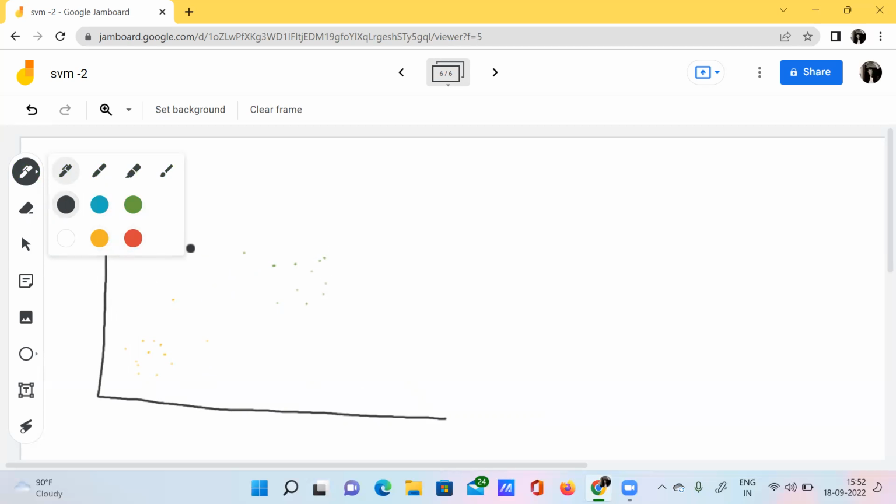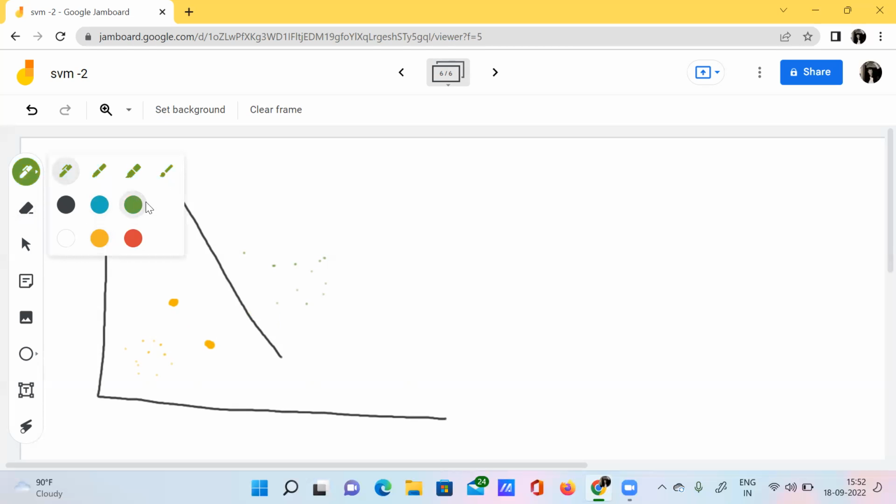See here, I'm just drawing a hyperplane to separate these data points, and I need to calculate each of the data points' distance to this particular hyperplane. So by that, I will calculate all the distances of each of those data points to this hyperplane. Then I finally found this particular data point here. See here, I'm just highlighting this, this particular data point here and this particular data point here,